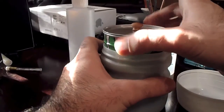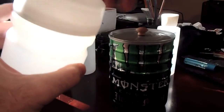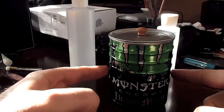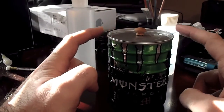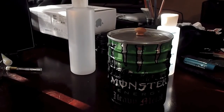box. Now the pot is Zelf Stoveworks. I liked his design better than doing like a ring or a ring and Tinny's spline, because frankly it's the lightest, and I liked the fact that I could do a Monster can rather than say a